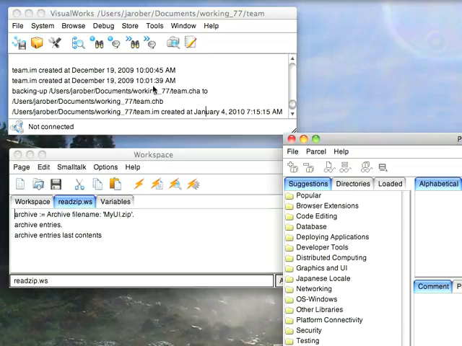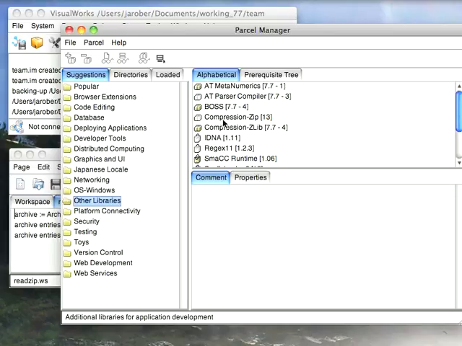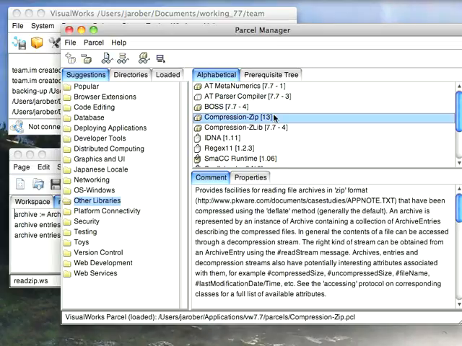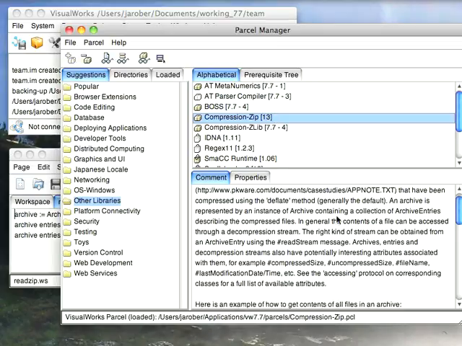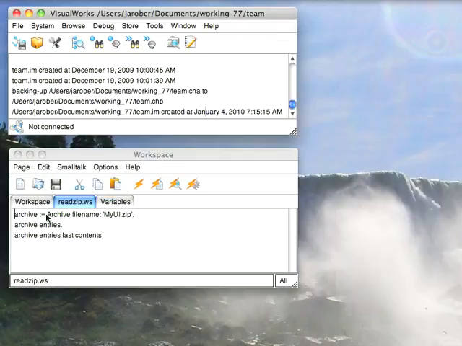Well, I go here to the parcel manager. And from here I go down to other libraries, and compression zip is one of them, so I'll go ahead and load that. And if you forget how to do this, it turns out that the package comment right down here shows you how to do things with it, and that's really where I got this workspace from over here. So first I'm going to do archive, file name, myui.zip, and just go ahead and create the archive in